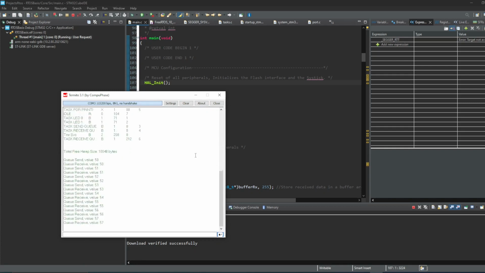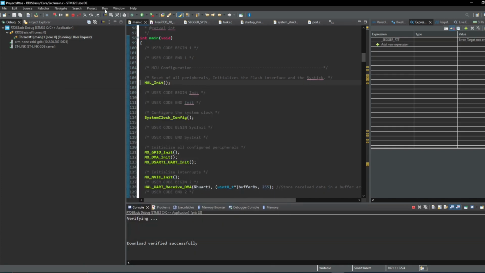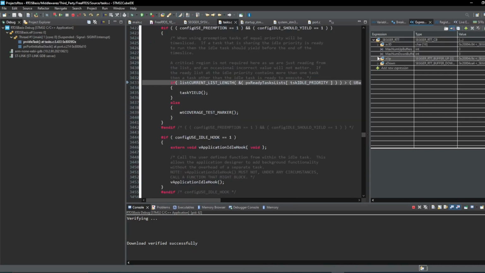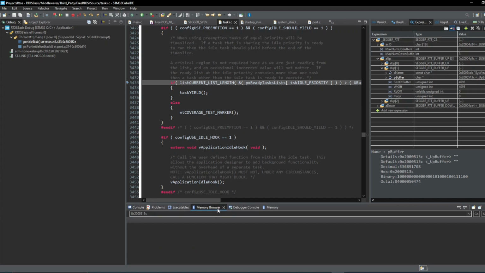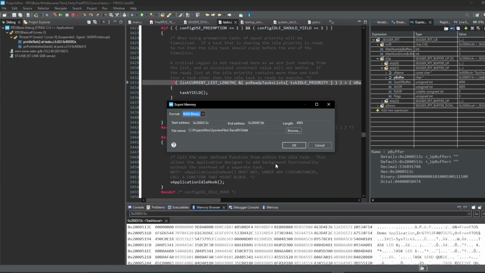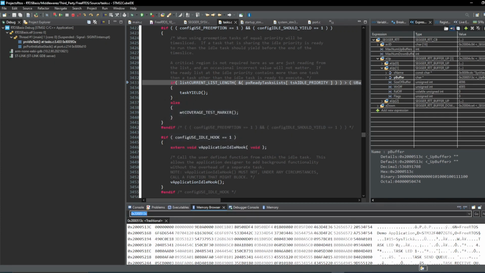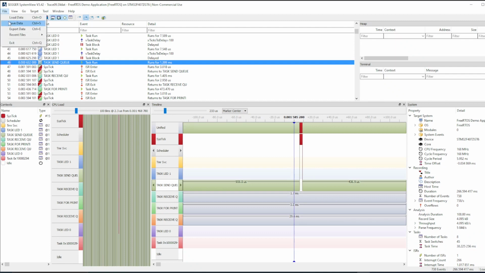It's recording the information, and we're going to suspend, and do the same procedure again. Okay, so we're going to 4095 positions. Good. Memory browser. Enter. This will be the trace number 10. Last but not least, SEGGER SystemView, load